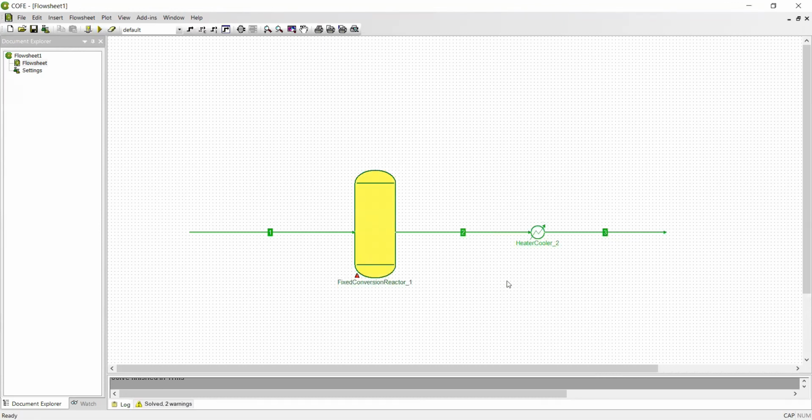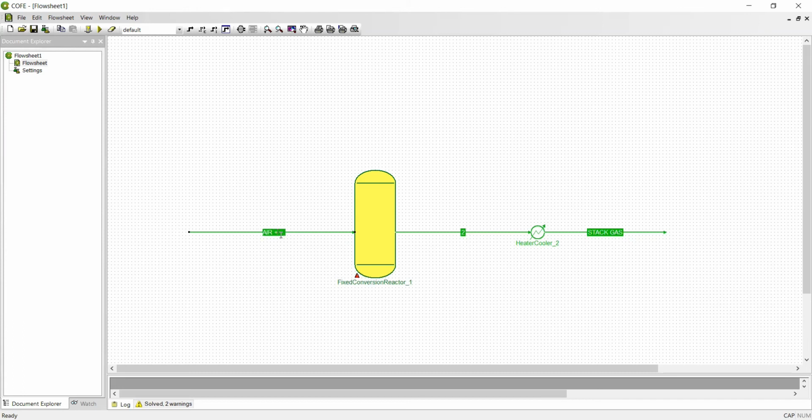As you guys see, all will be turned to green. Only the fixed conversion reactor, there's some problem with it. And then, okay, next I'm going to proceed to the third or final stream. I'm going to name it as stack gas. And then the first one is going to be the air